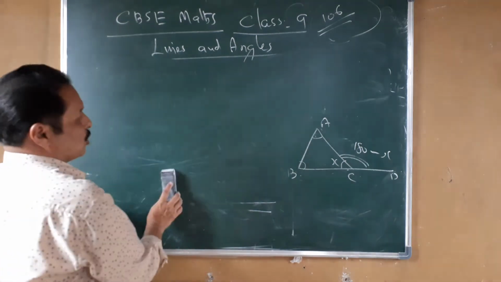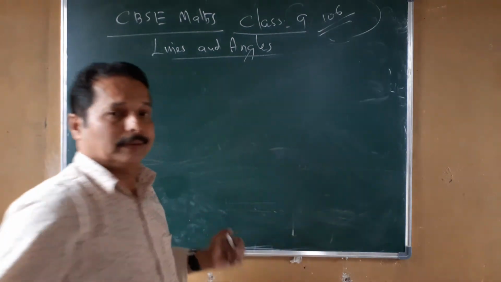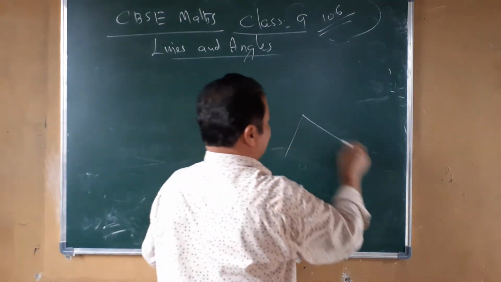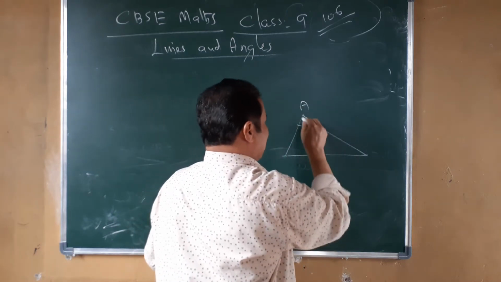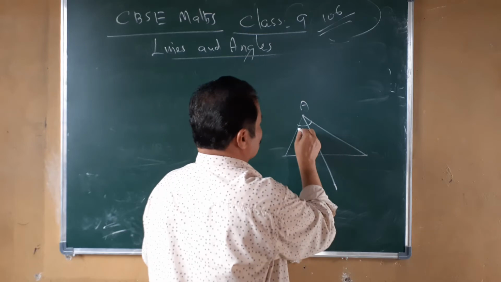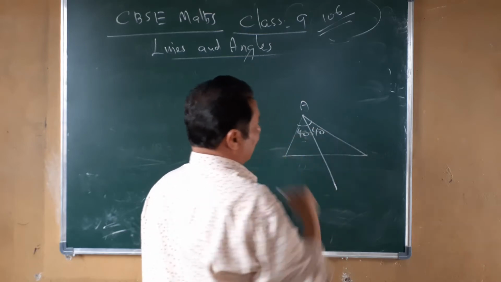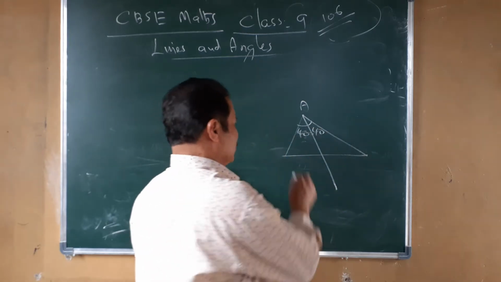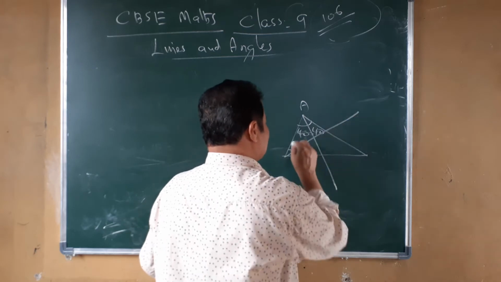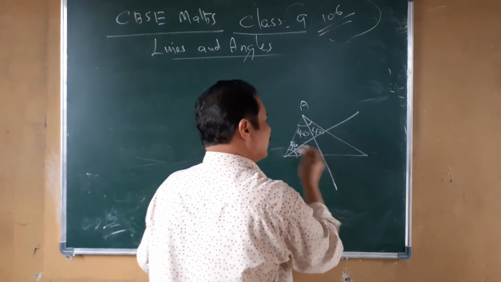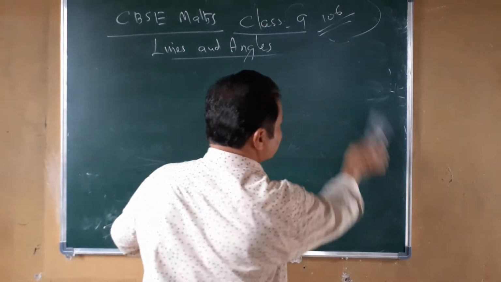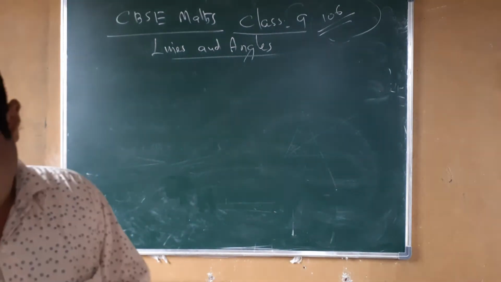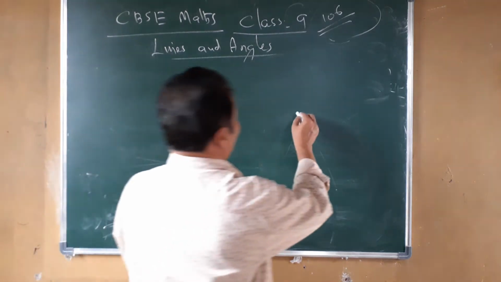And you know what the bisector of an angle is? Bisector means, look here carefully. If this angle is 80 degrees, the bisector passes through 40. So it divides it into two equal parts. Similarly, if this is 60 degrees, the bisector goes through 30. 30 and 30. That is a bisector. The angle bisector has already been studied. Now it starts here.